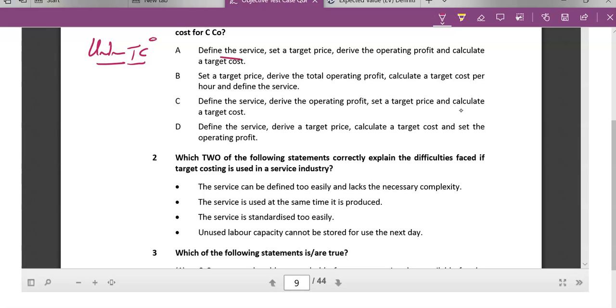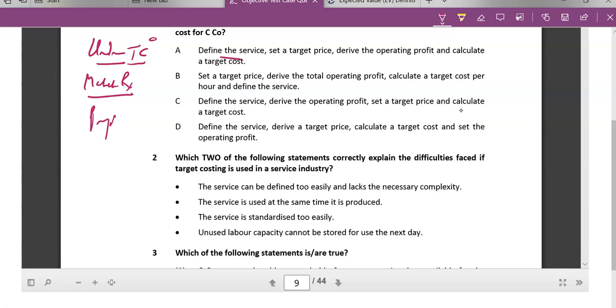So it would make sense to define the service first. And you notice what I said the other time. It's really the fact that the target is the market price. Typically, it's the market price. There's nothing you can do about it. So typically, price would come next, and then you would decide. If you look at the question we did before, literally the previous question, the next task would be, well, what is the relevant